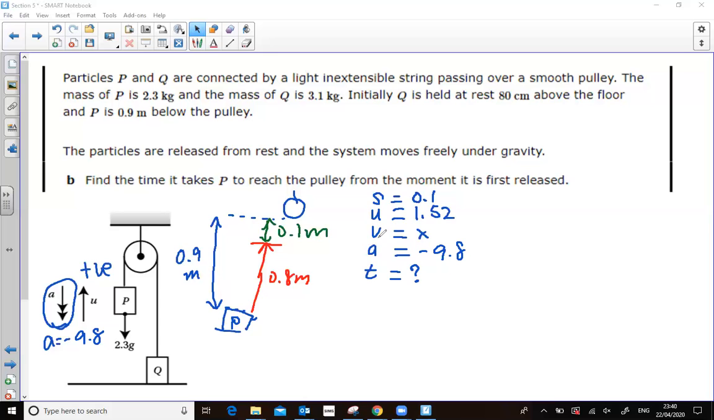Well, which formula do we need? Does it involve V? So that would be S equals UT plus a half AT squared. Okay, so S is 0.1, U is 1.52, T is unknown, plus a half times negative 9.8 times T squared. So this will become a quadratic equation, and you can put it in your calculator, and you should get two answers. One of them would be T equals